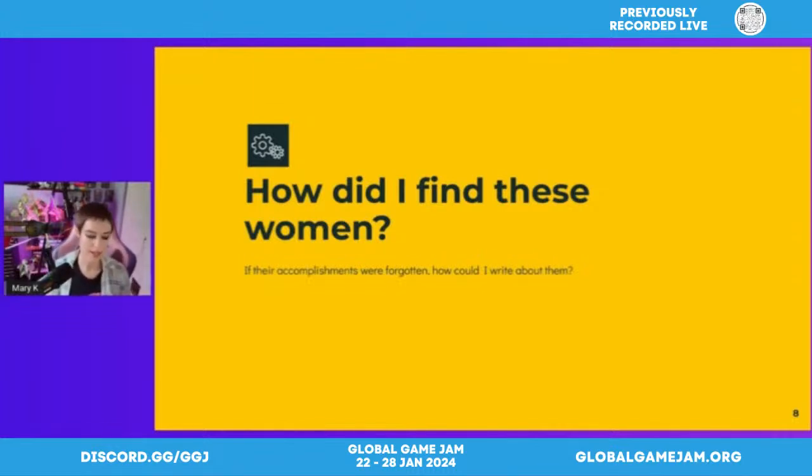If the point of this book is that many of the accomplishments of these women were forgotten, buried, left out of credits, just that people do not know about them, how does one go about finding history that is hidden? The history is there, is the short answer. You just have to do a little bit of digging. I cannot speak highly enough about the work being done by games journalists across the field. They are chronicling game devs and their work and their struggles and their excitement every single day. The majority of what ended up in the book I found first through gaming websites and then was able to